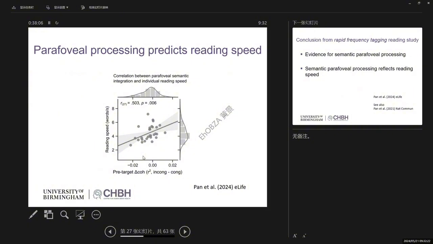And what you see here is a figure where we have the difference in frequency tagging on the x-axis and the reading speed on the y-axis. So a participant out here is a relatively fast reader, but that's also a person who has the stronger parafoveal effect at the semantic level, right? So this suggests that people who do more of this semantic parafoveal processing are also more efficient readers, right? So this is, of course, also going to be important when we are linking to reading abilities in children.